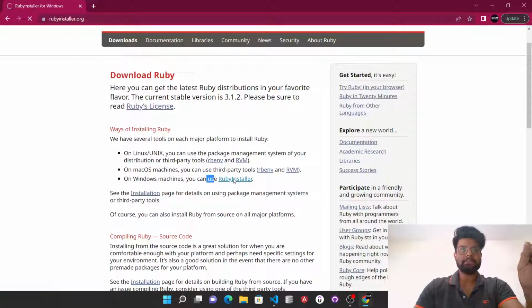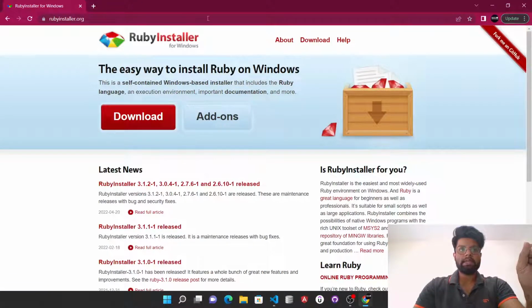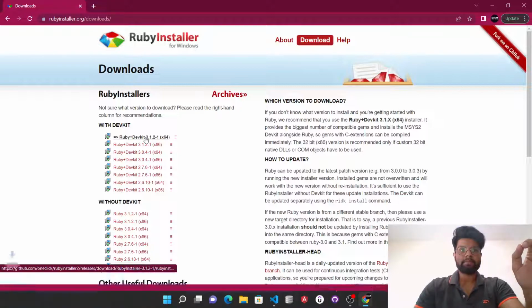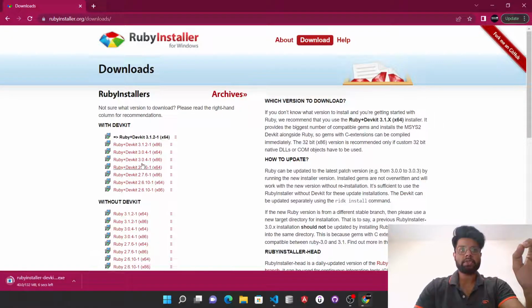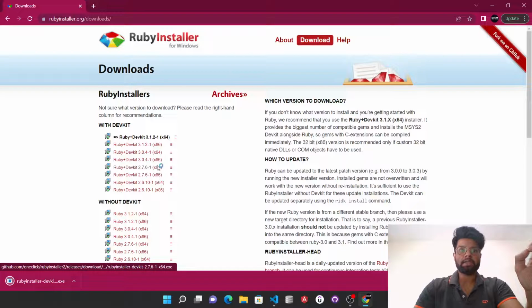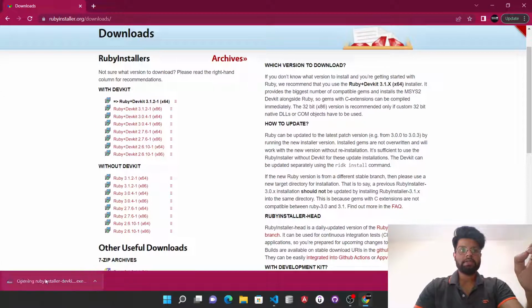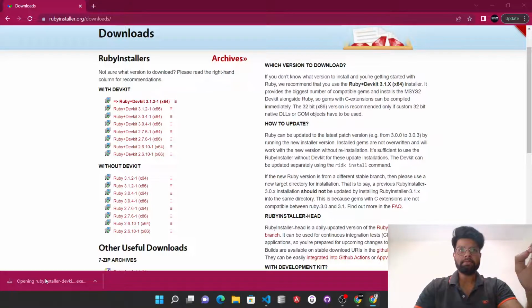Click on this and then you are greeted over here. When you come to this page, Ruby installer for Windows, click on download and then click on the version you want. I click on Ruby installer DevKit 3.1 current version and for 64-bit. But if your computer is 32-bit, then you use the x86 one. Okay, click on this downloaded link,